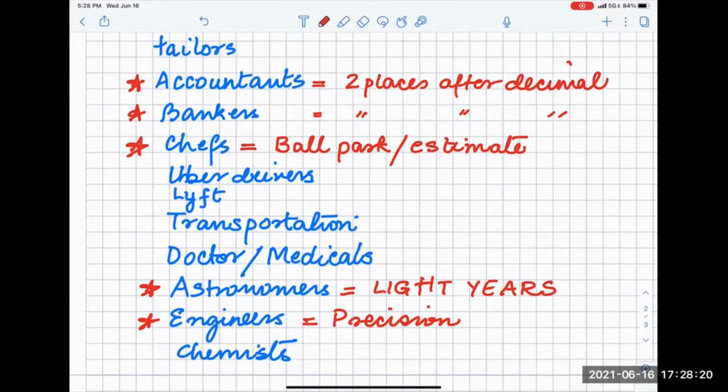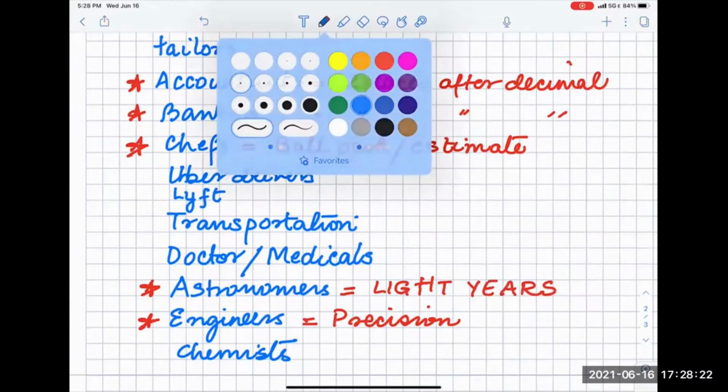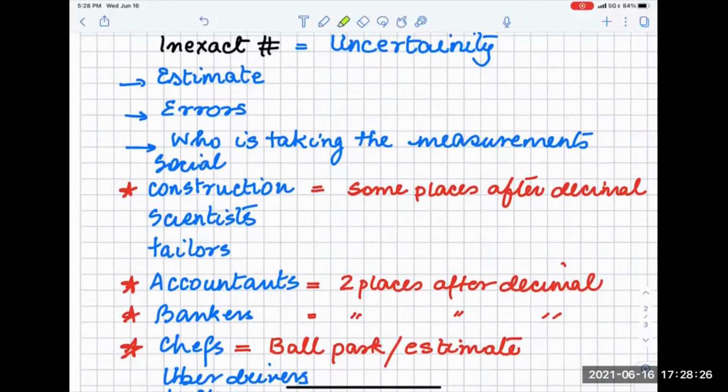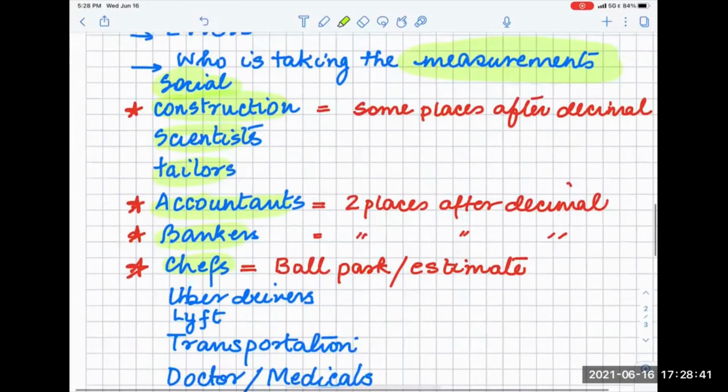So you see that whatever measurements you're doing, it depends on who is taking that measurement, who's defining how far you can go after the decimal, how many numbers you need to have in the measurement. All that is governed by the individual taking the data. Okay, all these people, any one of these. So with that said,